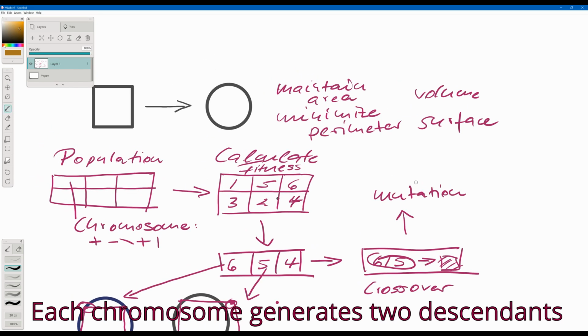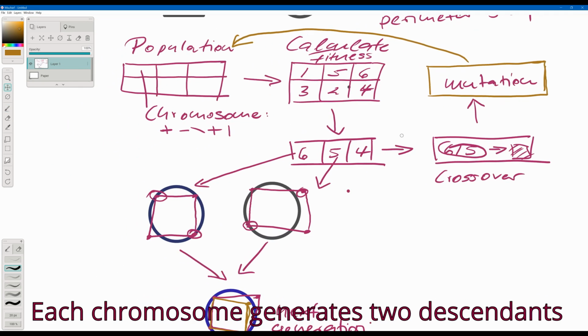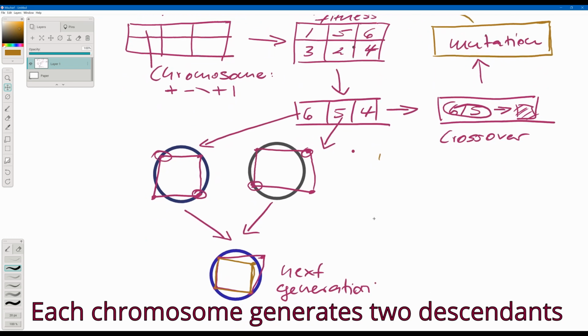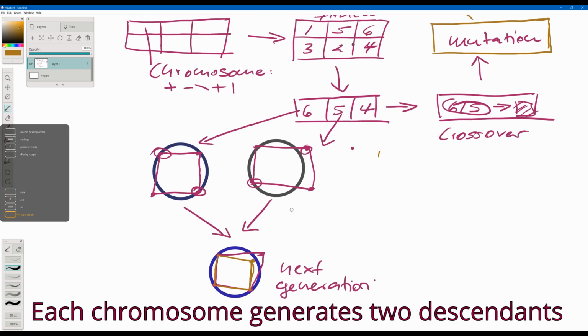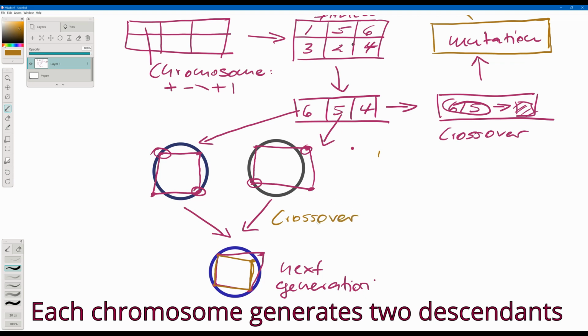And then basically after we have done mutation here, all of these chromosomes sort of get backfilled into our population here. And then we calculate fitness again. And then we pick the top examples, run crossover and mutation. And this then forms our next